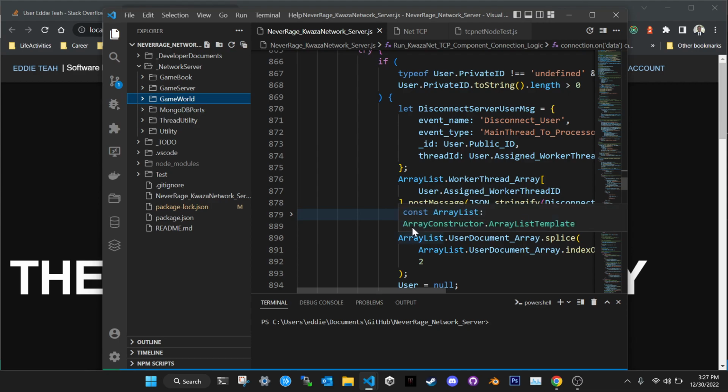I started with JavaScript, with Codecademy. Is it Codecademy? Not Khan Academy. I think Khan Academy came after Codecademy, but that was around 2013 to 14, when Codecademy was still free.